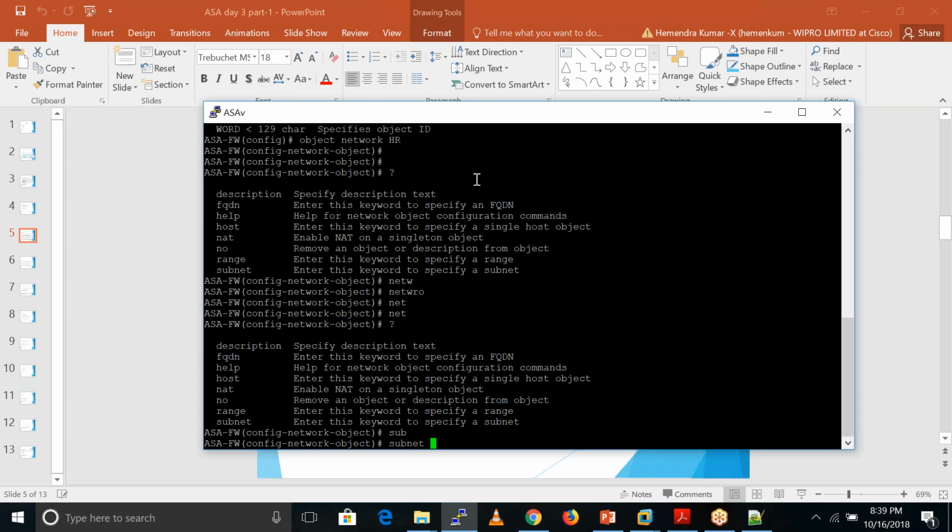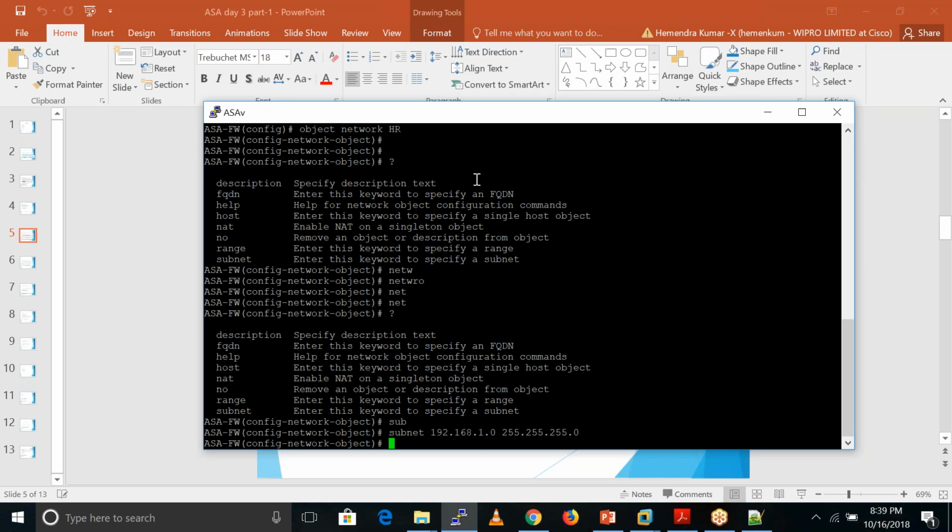If you know the subnet of these HR users, in that case you can write the subnet. If you are aware that your HR users sit on this subnet, you can include that full network in that group.